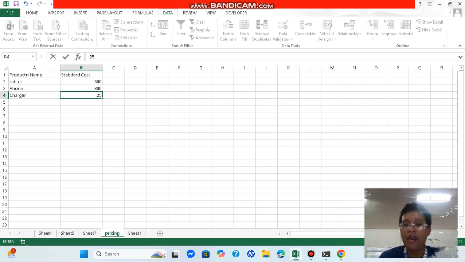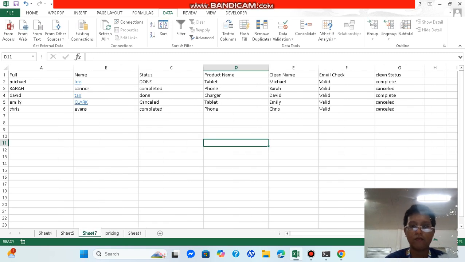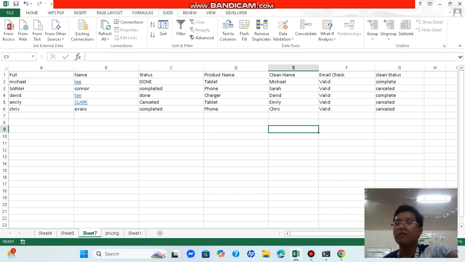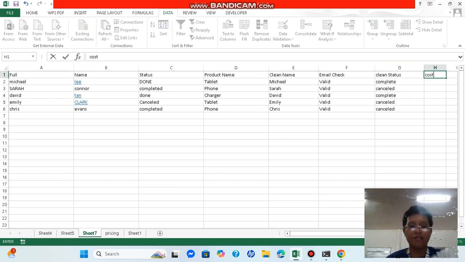Okay, then step B, pull the price into the main sheet. Go back to your main sheet and create a brand new column header called Cost. Right here, let's do the cost.